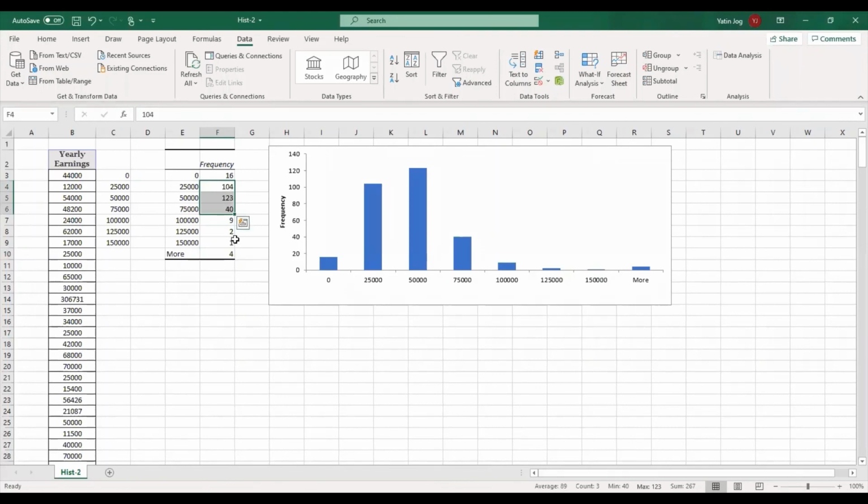Out of 299 values, 267 values are between 25,000 to 75,000. That means almost 85%. So if 85 to 90% of data is between 25,000 to 75,000, then these 4 values become kind of misfit, and that is coming here more. You can see a bar on more. So these 4 values are kind of misfit for my behavior of data.